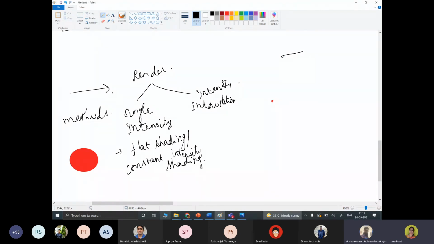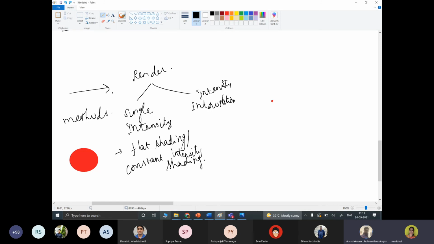So you can consider how we are going to develop an intensity model, how we are going to make these models execute, or how we are going to make the color.